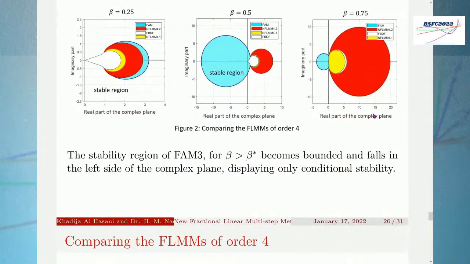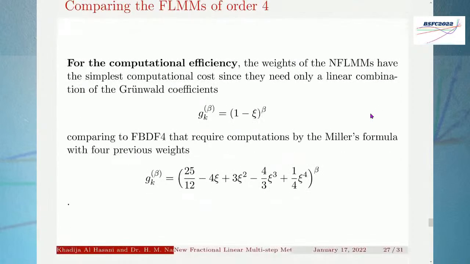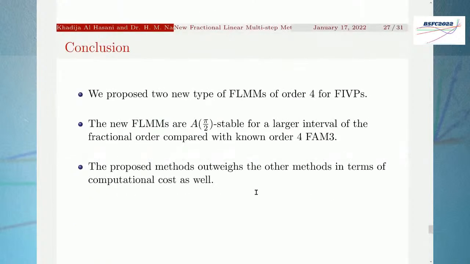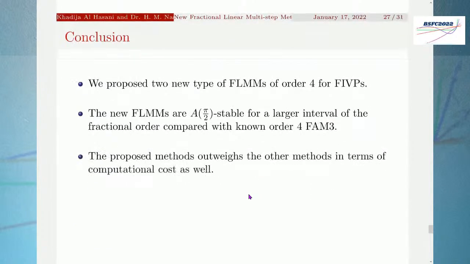For the computational efficiency, the weights of the fractional linear multi-step method have the simplest computational cost, since they need only linear computations of the Grünwald coefficients, while the fractional Adams method requires computations by the Miller formula with four previous weights. So in conclusion, we can say that we proposed two new types of fractional linear multi-step